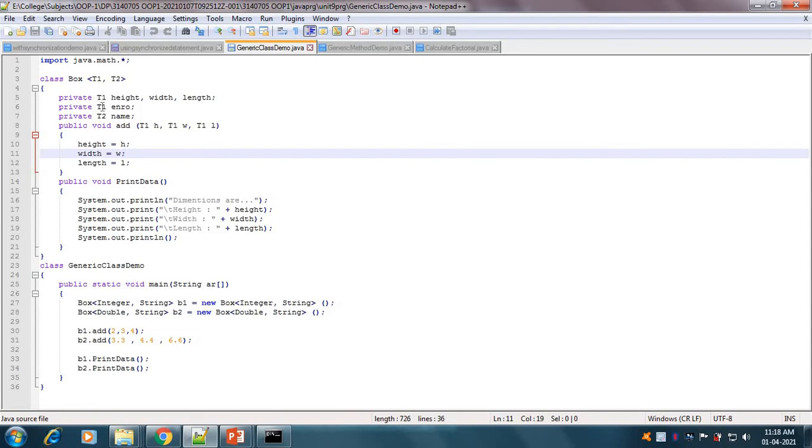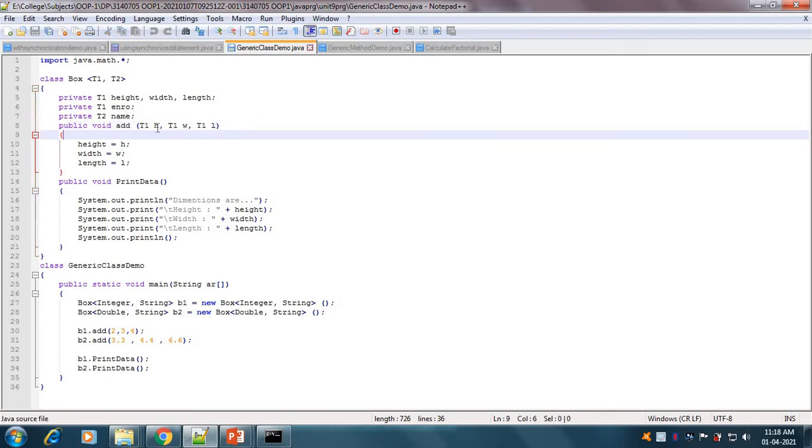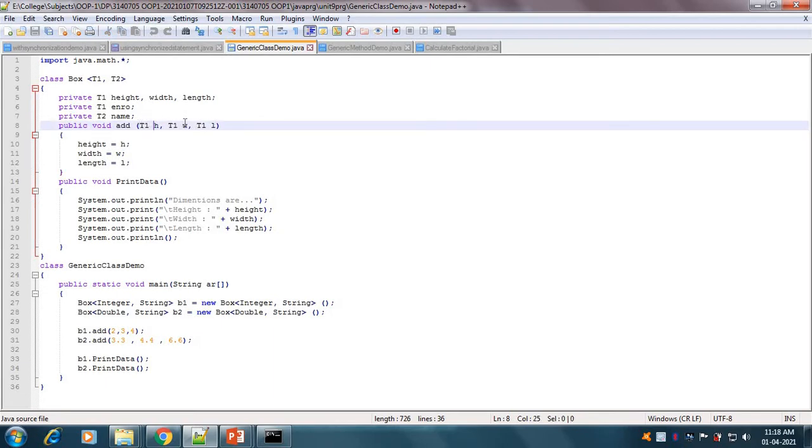So here T1 and T2 are reference types, not primitive types. Again, in public void add, in this method we have typed T1, T1 and T1, which are again generic types, not primitive types. H will be of type T1, W will be of type T1 and L will be of type T1.